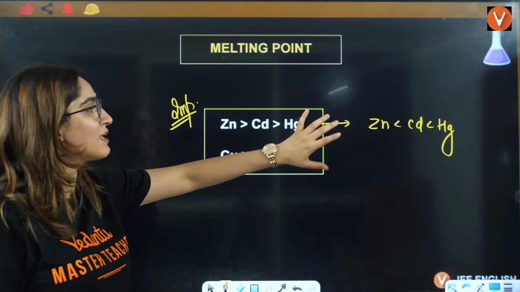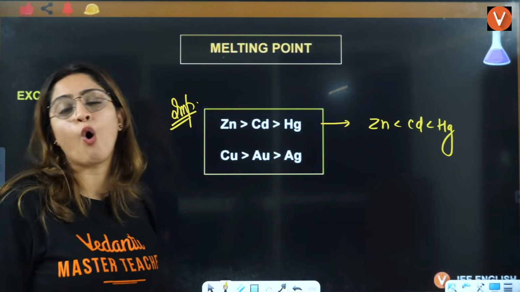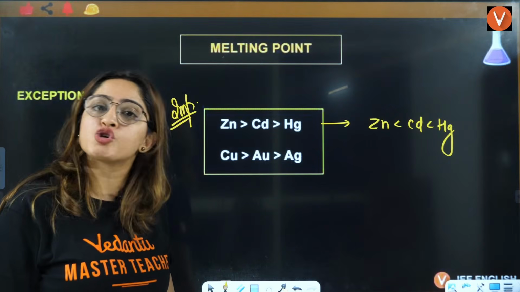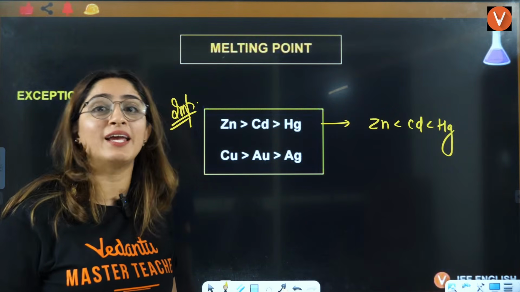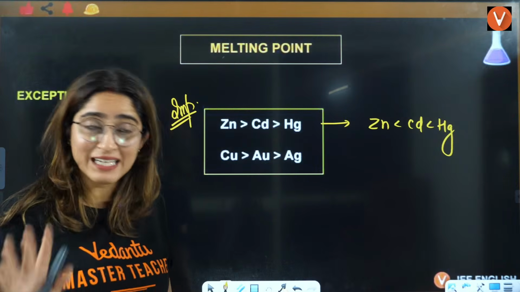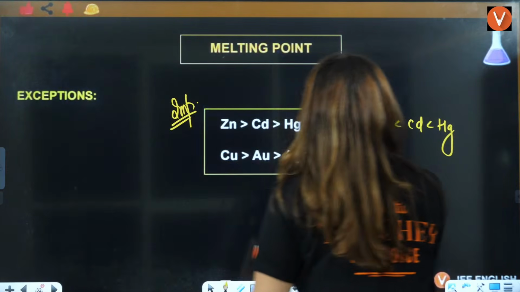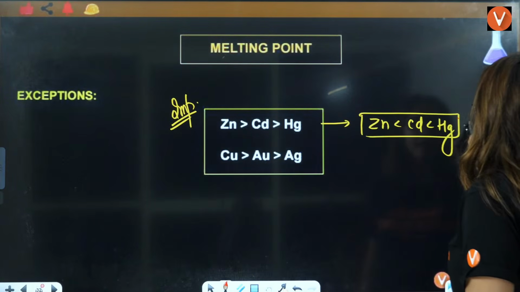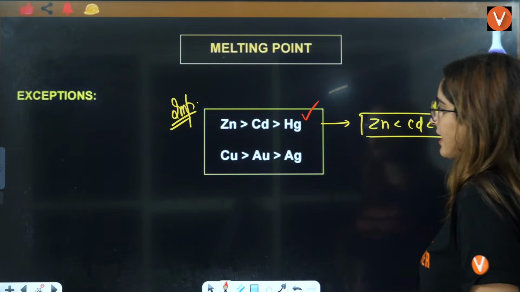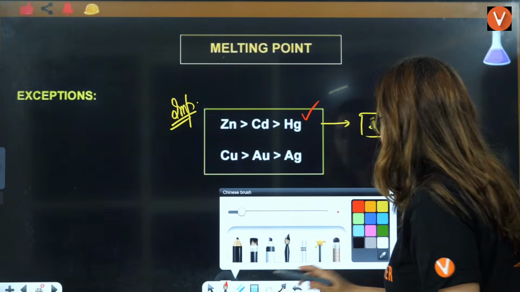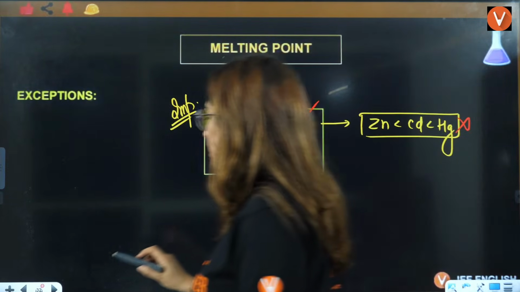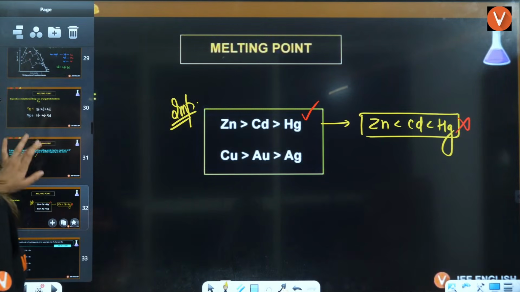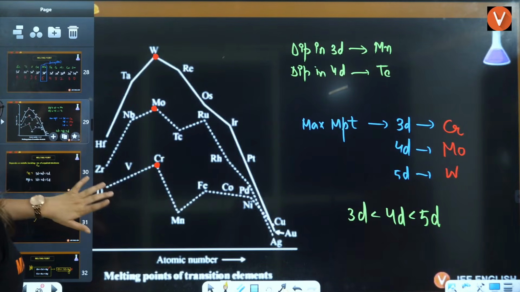But here we can see a different scene altogether, right? So zinc, cadmium and mercury have the opposite order here, right? So this is the exception, because this is not correct, okay? This is not correct, this is correct. Similarly, if you see copper, gold, silver, right? If you see this here,